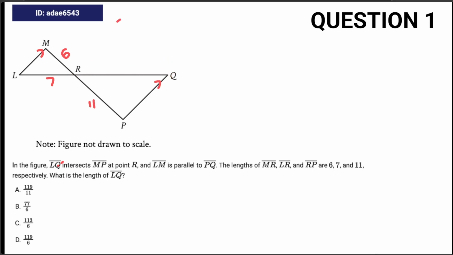So LQ would be equal to 7 plus whatever this is, we'll call it X. So LQ is equal to 7 + X, so we just need to find X. And then we can find LQ pretty easily. And to do that, what we can see is that